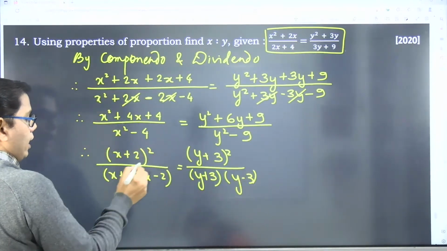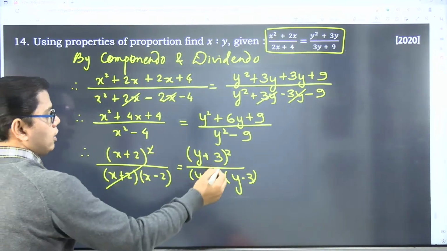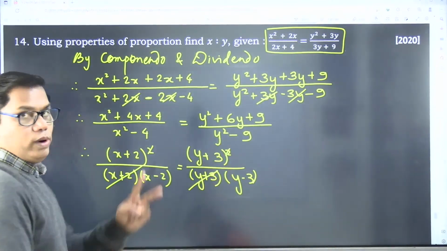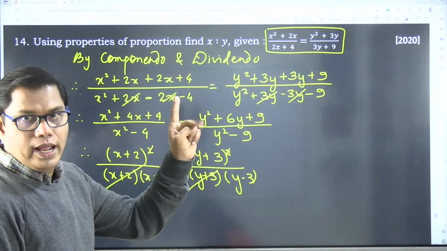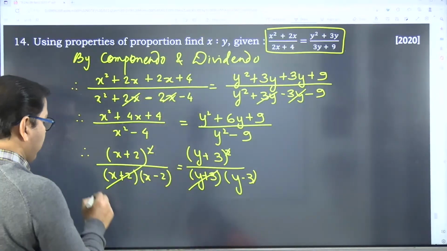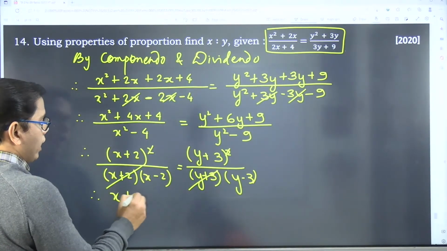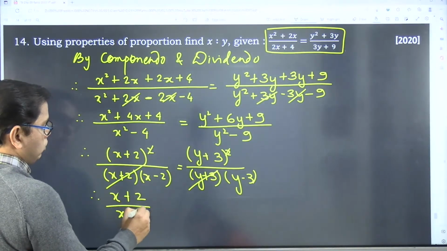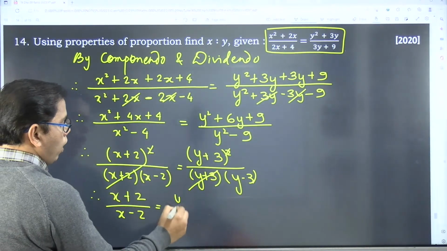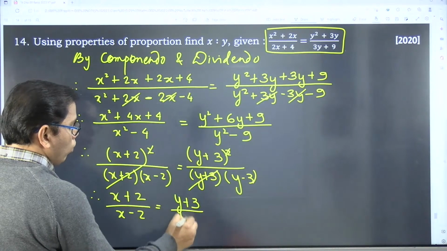तो क्या करेंगे, x प्लस 2 और ये स्क्वायर कैंसिल, y प्लस 3. ओके, न्यूमरेटर में 2y3 है, डिनोमिनेटर में 1, तो एक एक कैंसिल होगा, न्यूमरेटर में 1 ही बचेगा. Therefore (x plus 2) upon (x minus 2) is equal to what, (y plus 3) upon (y minus 3).